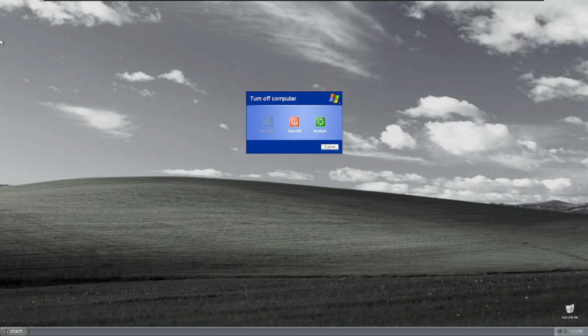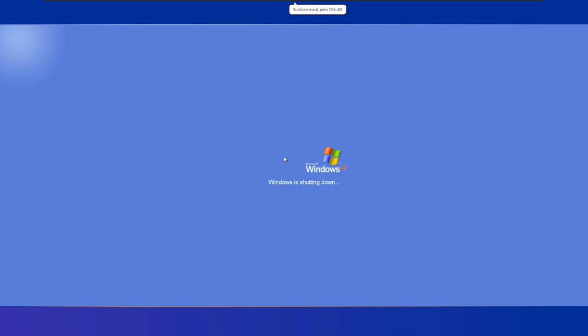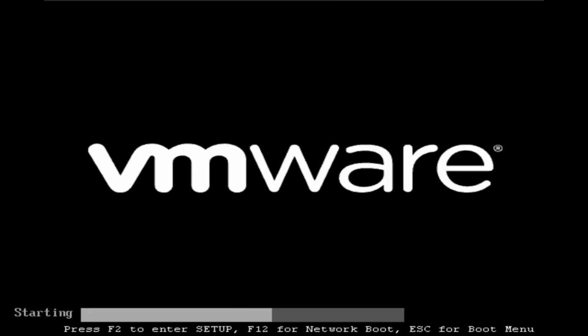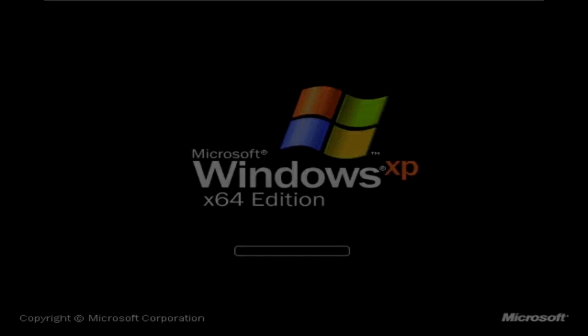Alright, so now it's going to restart, which I hope... Wait, I didn't even click restart. Alright, so now I'm going to restart the computer. And if it asks us for a product key, we are just not going to. Alright, so for some reason it's not. Okay, we're just going to